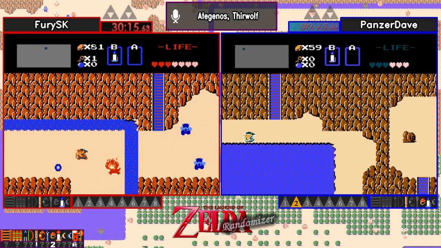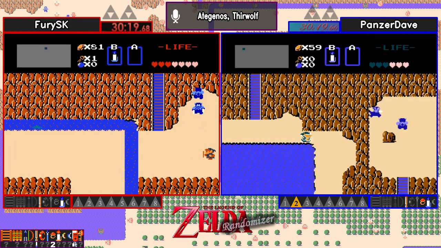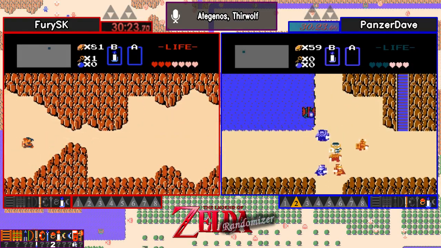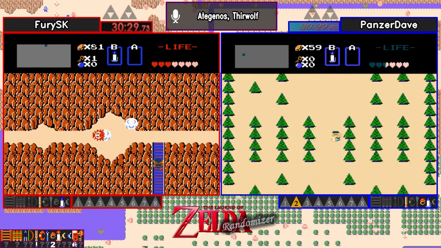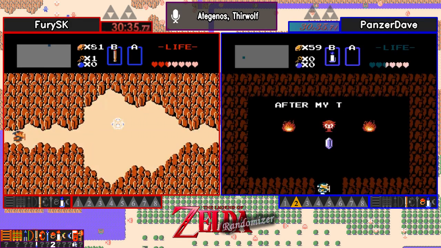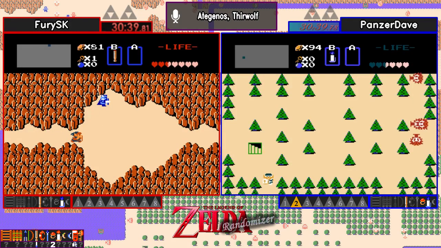So we're back on the overworld. Red Ring is going to help Dave not die, which is nice. Meanwhile, Panzer is 30 minutes into the seed with no bomb. I was idly curious if Dave would consider picking up the book, but no, he's very anti-book, so...